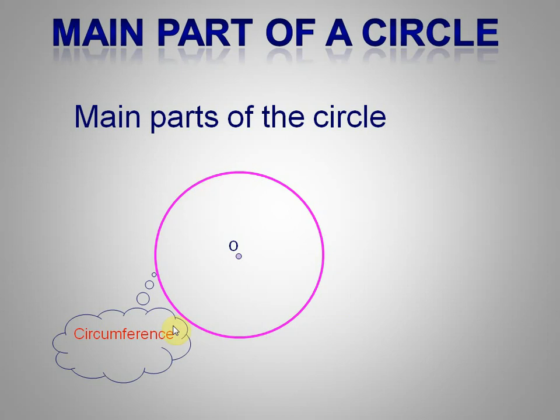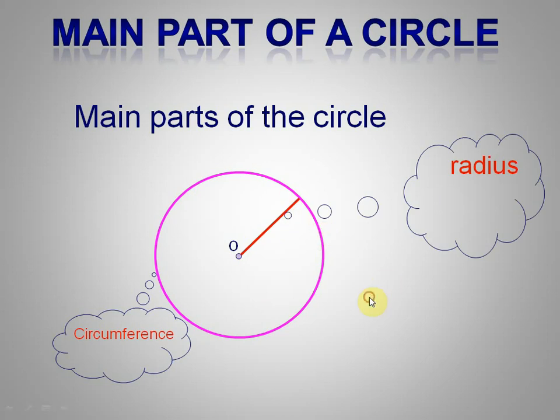Circumference means the boundary. If you see a cricket stadium, the rope around the pitch, around the ground, is called the circumference of the cricket ground. So this is the circumference, the boundary of the circle, and the distance from the center to the circumference is called the radius. This distance is the same anywhere around the circle. If you go from the center in this direction, or this direction, all these are called the radius. From the center to anywhere on the circumference is called the radius.